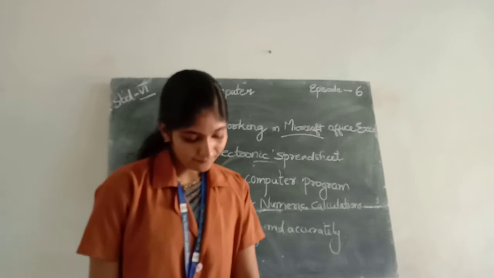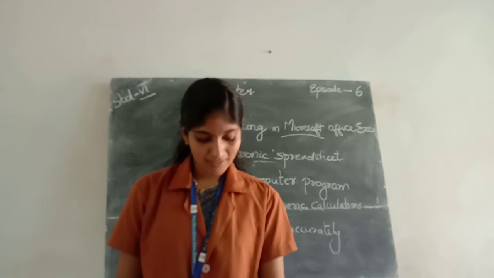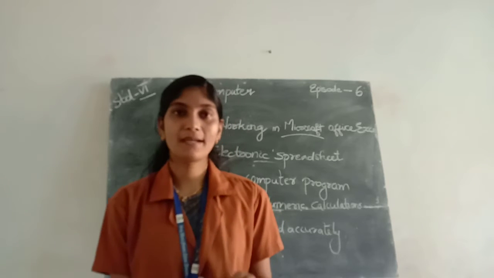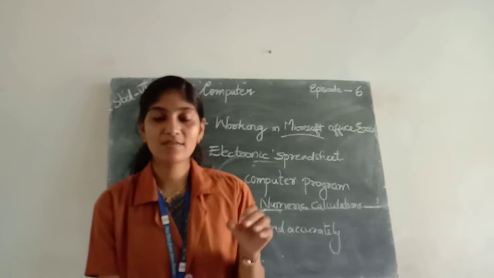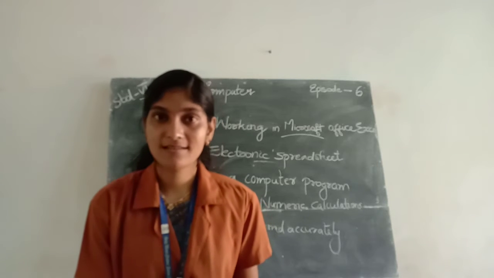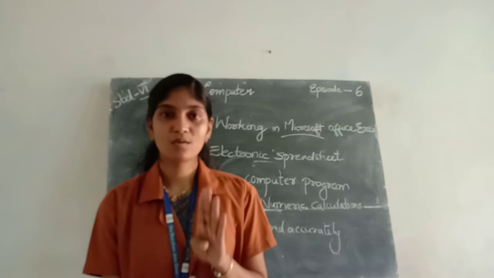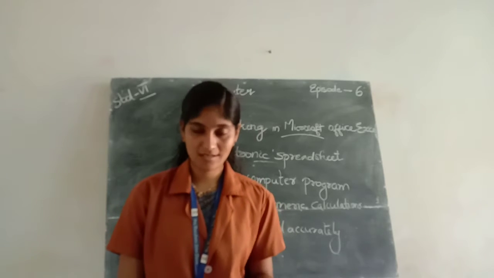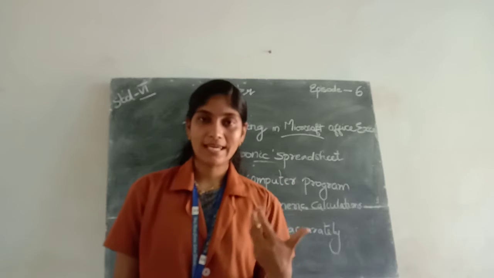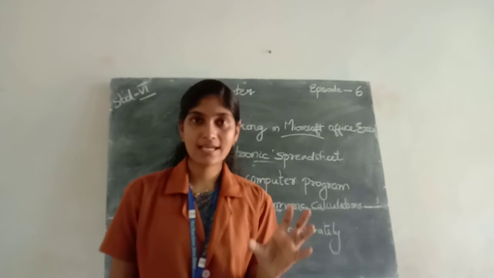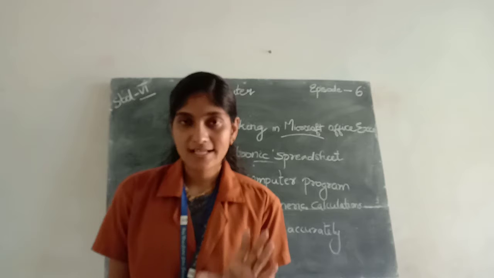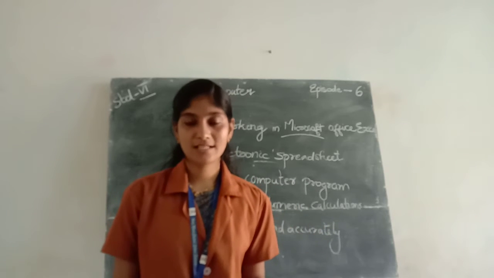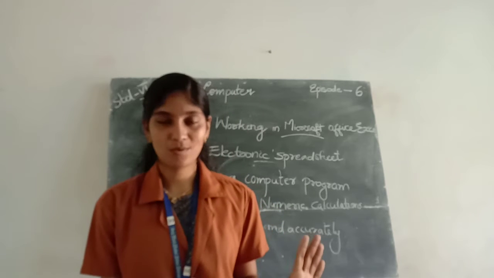For example, in an electronic spreadsheet, people can insert formulas to work with the data. So you only need the input data and the formula or equations. It will automatically calculate the result and display the output. If we enter the data and formulas in a correct way, it will automatically update and display the result on the screen in the worksheet.